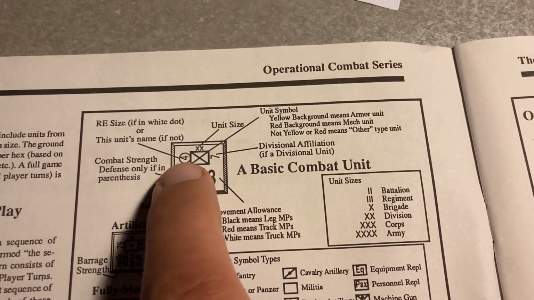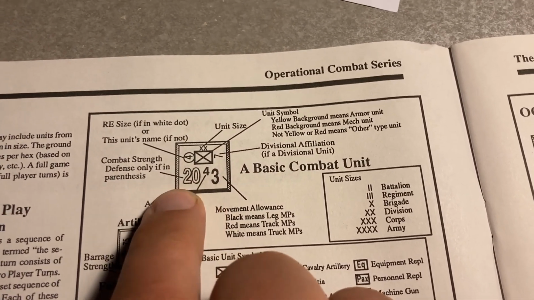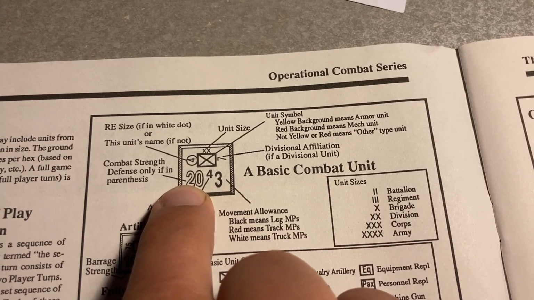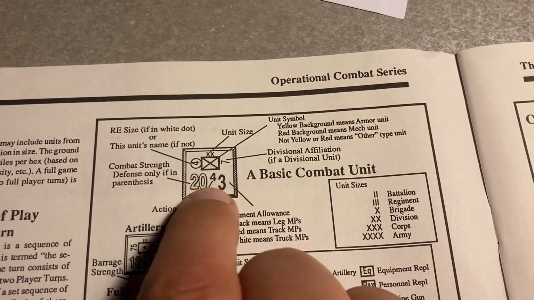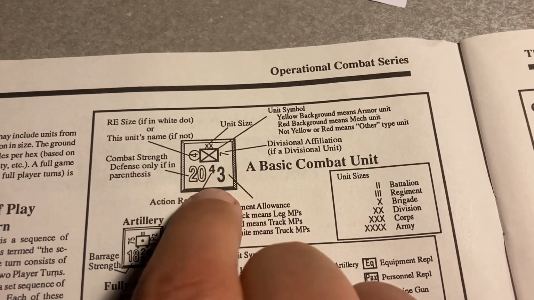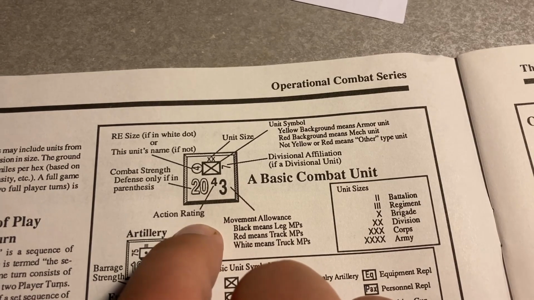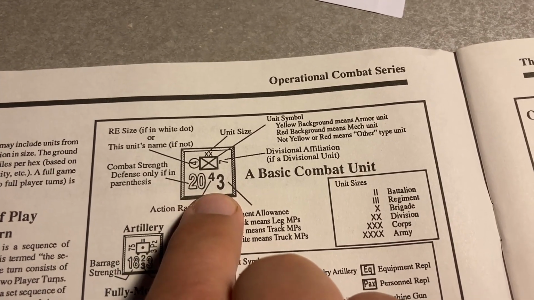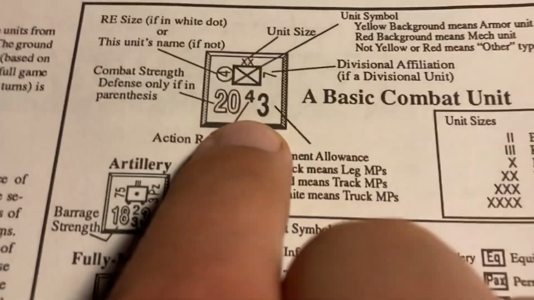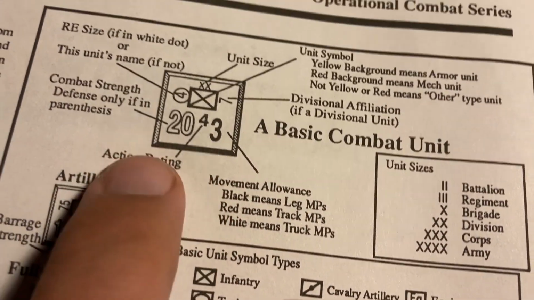And that's how you learn about stacking and units and such like that, okay? You have combat strength, which is here, 20, and that is a decent force. And then you have what's called the movement allowance, right? The 20 and the 3. Now the 4 is the action rating. We'll talk about that later. But the 3, that's something we have to talk about. The combat and the movement, the 20 and the 3, we have to talk about, because when you flip over